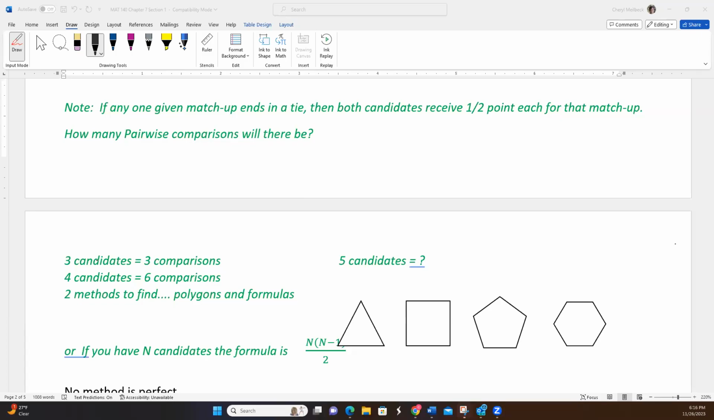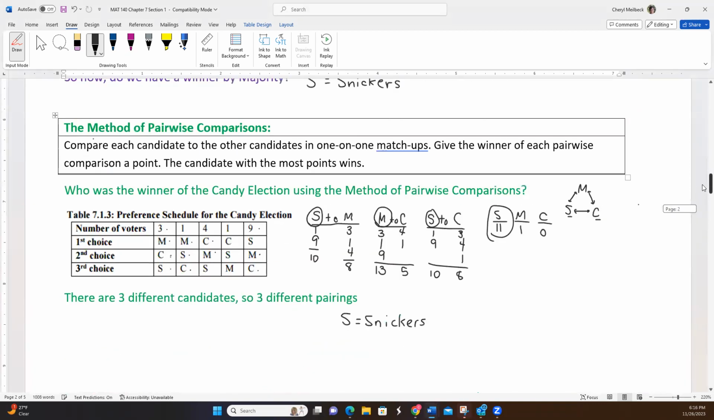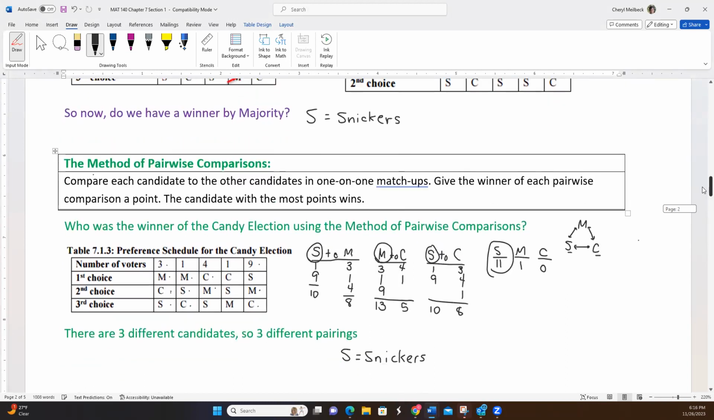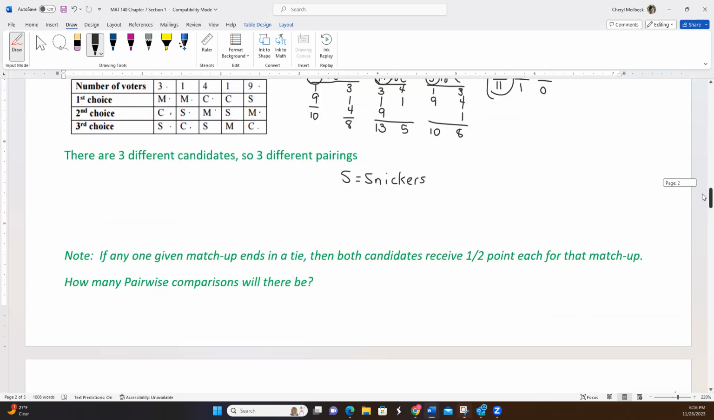In this video, we're going to continue to look at section 7.1 on preference voting. We're going to start where we left off in the last video. We were talking about pairwise comparisons. What I want to talk with you about now is how do we know how many pairwise comparisons there are going to be? Well,